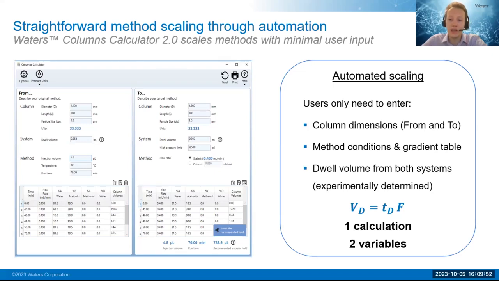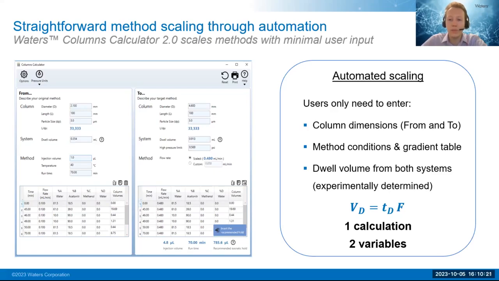So the Columns Calculator is easy to use, and users only need to enter the column dimensions used on both systems and the method conditions of the original method on the left side of the calculator. The calculator will then scale the method based on the calculations shown in the previous slide and automatically populate the recommended method conditions on the right side of the calculator.